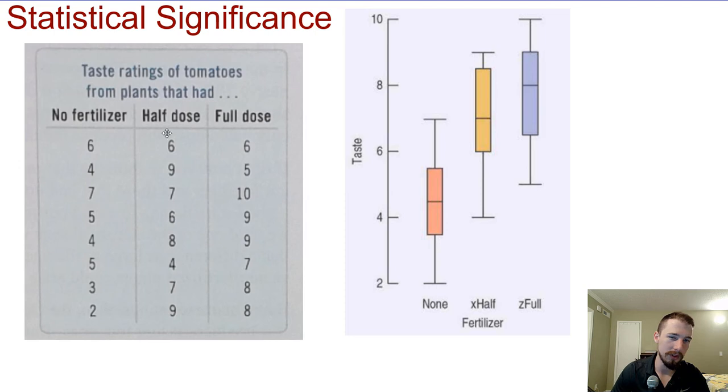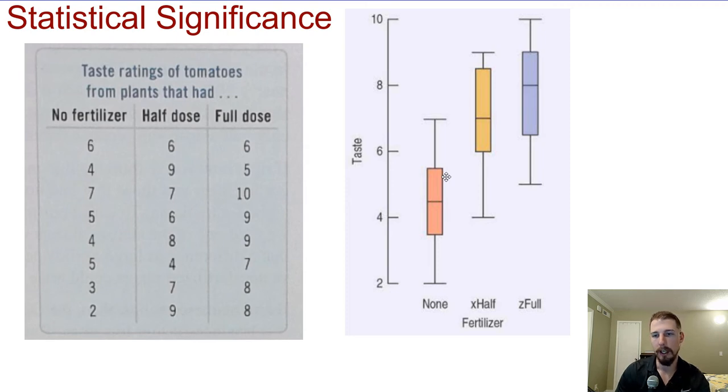All right, so let's look for statistical significance here. If we look at no fertilizer, half dose, and full dose, we graphed out their tastiness or whatever. So this is for no fertilizer, clearly the lowest, and then half dose and then full dose. There is a difference, and the only question we have is, is it a statistically significant difference